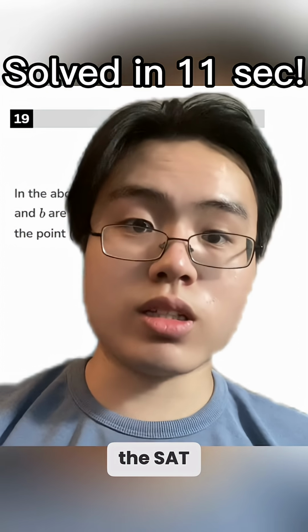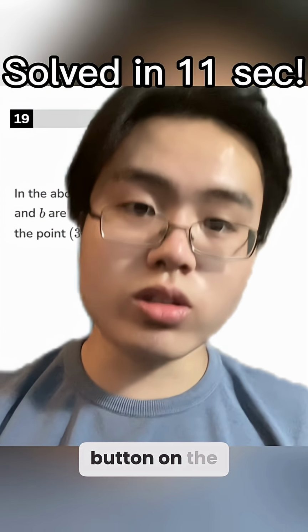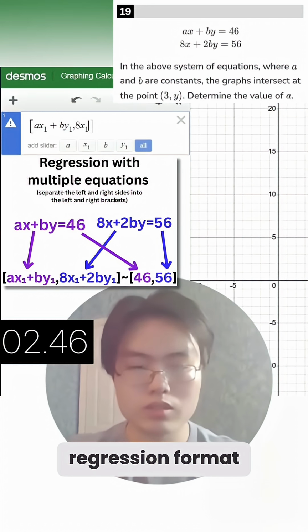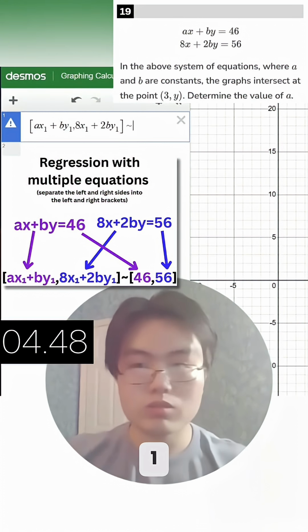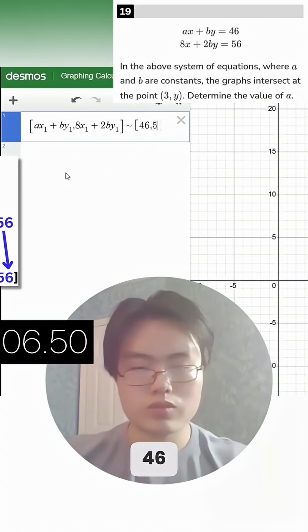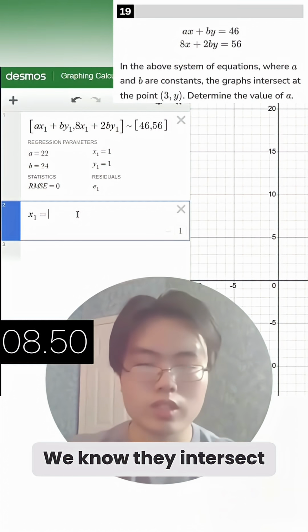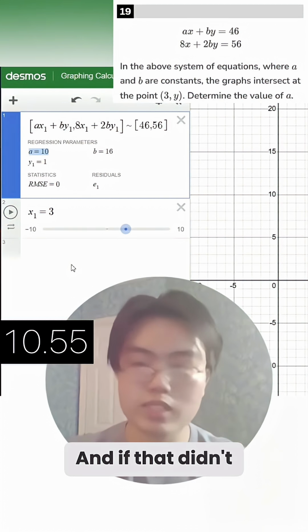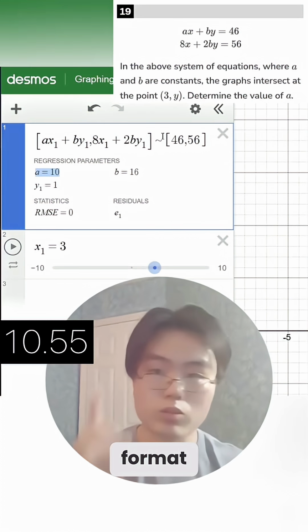Now, if I was taking the SAT, I would actually press the calculator button on the testing software and do this. Let's type these equations in regression format. Plus 2by1 46, 56. We know they intersect at x equals 3. The answer is 10. And if that didn't make sense to you, we're using regression format, which is any time